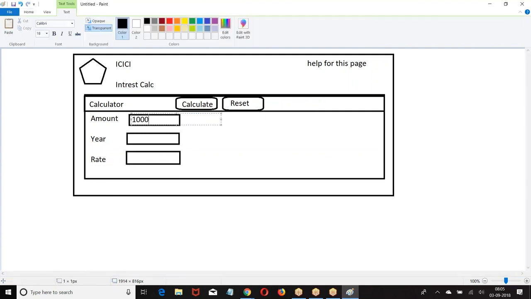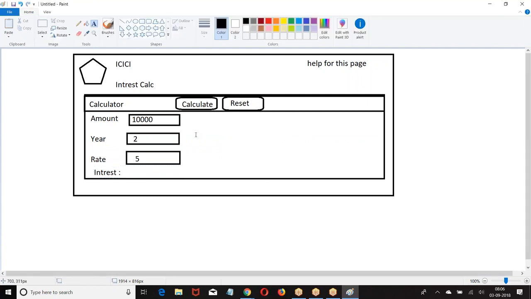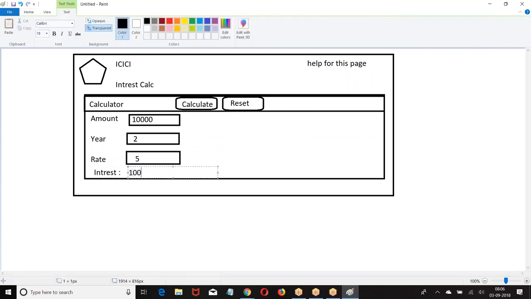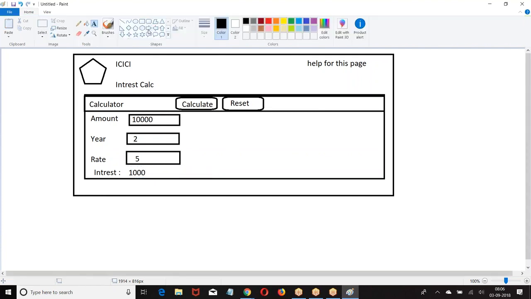It will calculate the interest and print the interest value. Create this program. Everyone make an attempt at writing this.